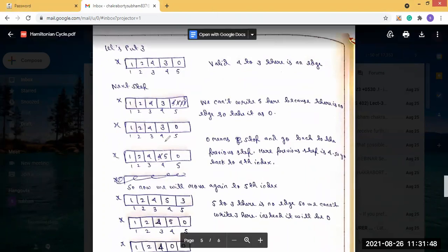After a valid value, it will again move to the next index, because we already validated the value. Now in the next index, initially it is 0, so we will start incrementing it to 1. Can we write 1? No. Then 2. Can we write 2? No. Can we write 3? Yes, because 3 has not appeared till now. So we'll put